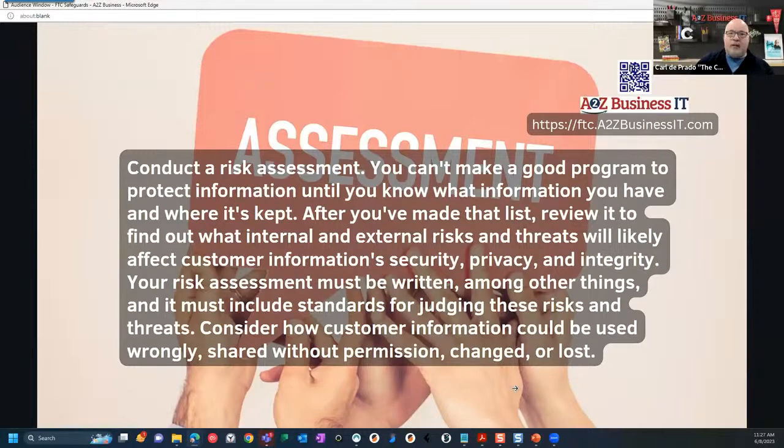So you're going to want to do that. You're going to want to make sure, hey, are these other requirements being met, at least encryption and MFA and some of these other things? So even though they have said you're not required to have a cybersecurity risk assessment, I think it would be incredibly foolish not to do that.